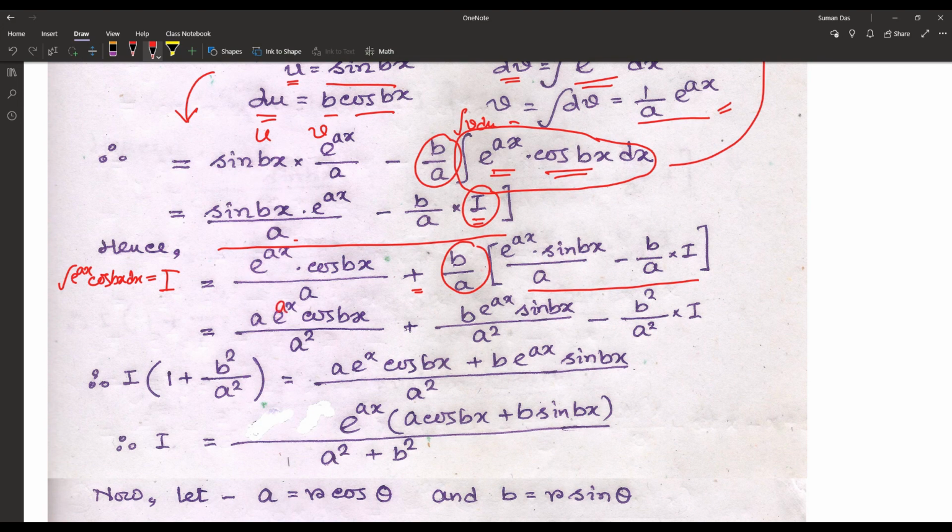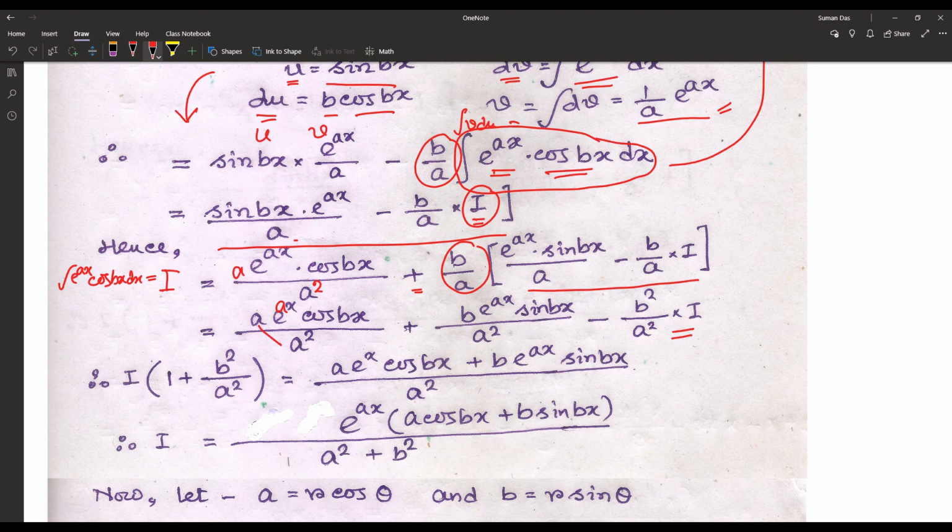Now look, we are writing a square here and a square here, so that is becoming like that, plus. We are doing that because each and every function in the equation has a square in the denominator, so we are just using the complete calculation. So that is b by a square e to the power ax sin bx minus b square by a square into I. Now we are writing that minus b square by a square into I